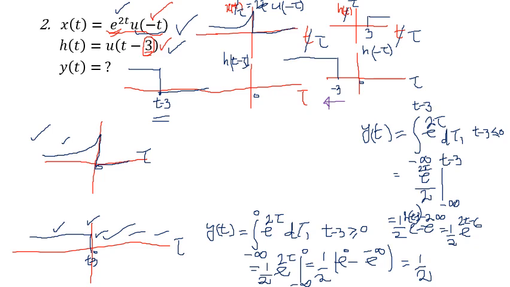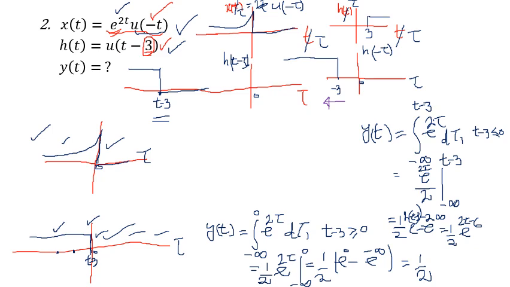So for the first interval, you can see if t minus 3 is, for example, here, then the non-zero overlap is from minus infinity up to this point. If it is here, then the non-zero overlap is from minus infinity up to t minus 3. But t minus 3 has to be less than or equal to 0, because when it is greater than 0, this signal coincides here, and because the input signal does not exist beyond 0, I mean towards the positive side, so that means